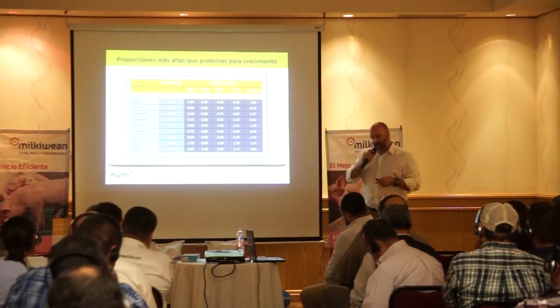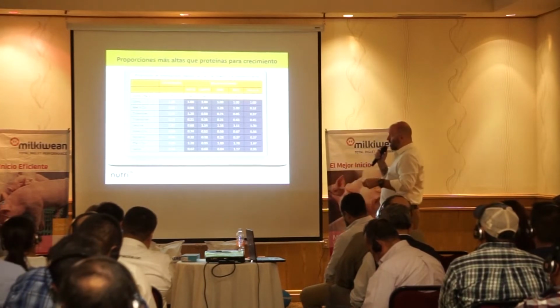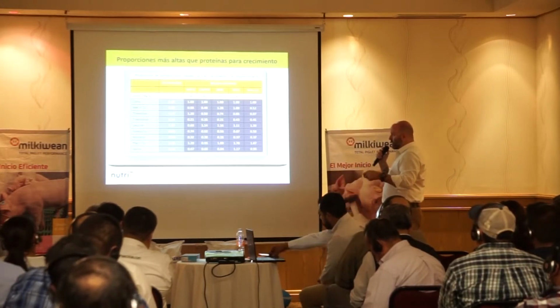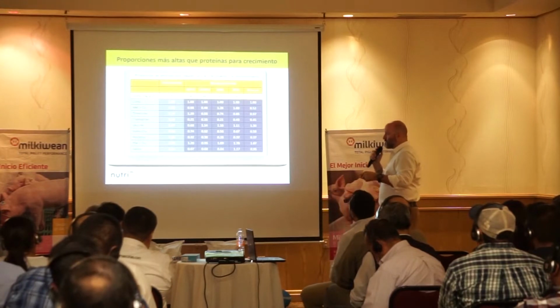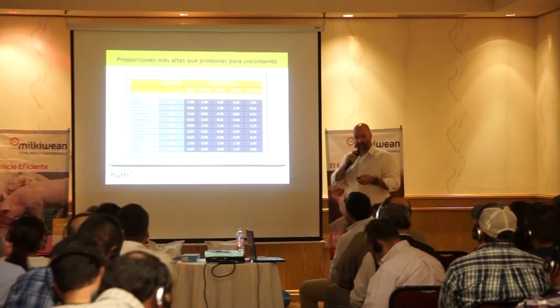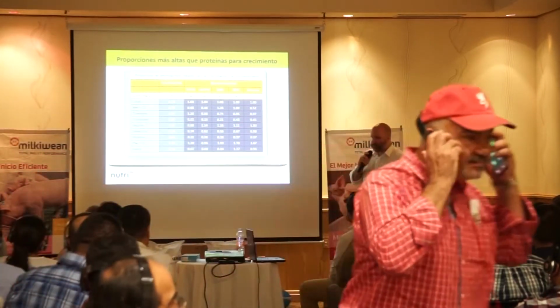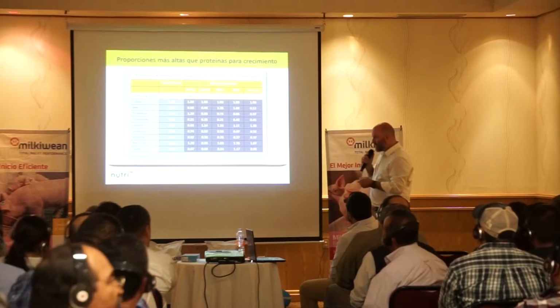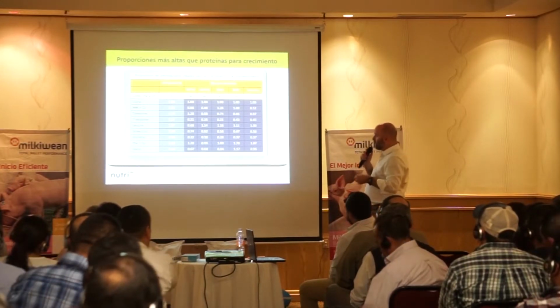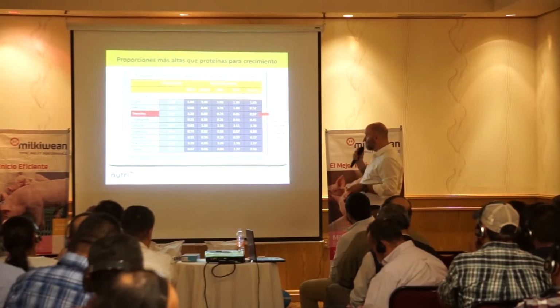So just to put it in a table and make it pretty clear what the differences are, we've got a pig that is just trying to grow. So these would be the requirements for a growing pig, healthy, and we would formulate a diet to these numbers. However, if there's a health challenge and they needed to activate the immune system, you can see the differences over here on the far right column.